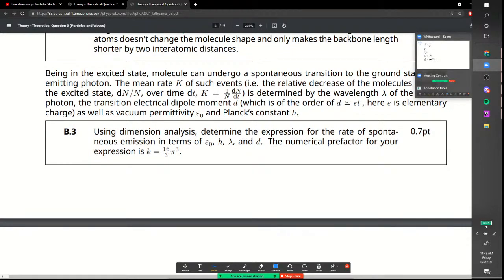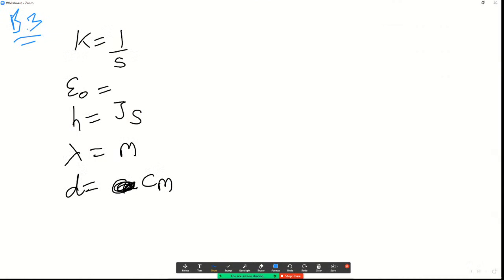Lambda is also meter. Q is joule second, and 1 upon 4 pi epsilon naught is